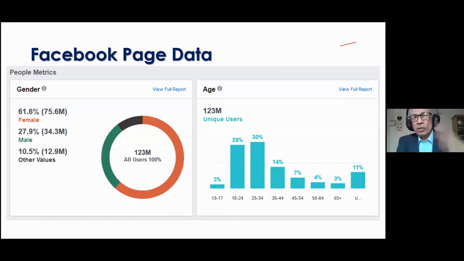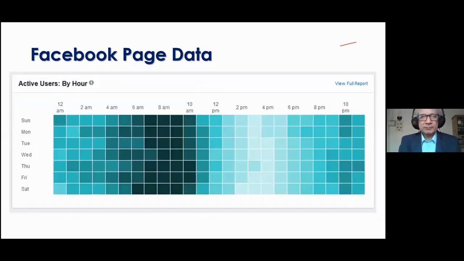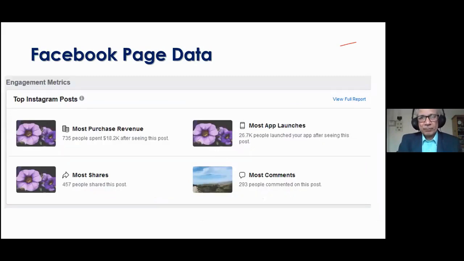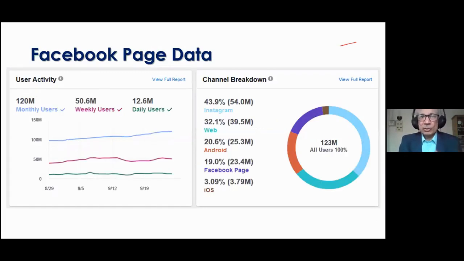That's why when you share your information on online mediums, it gives you your active users by hour. At 8 a.m. people were most active, by 4 p.m. it diluted. Again in the evening, more reactions to your pages. Instagram engagement metrics give you where the people are most engaging. Are they purchasing something? Are they downloading something? Are they making some comments? Are they sharing something? These data they give you about user activity.